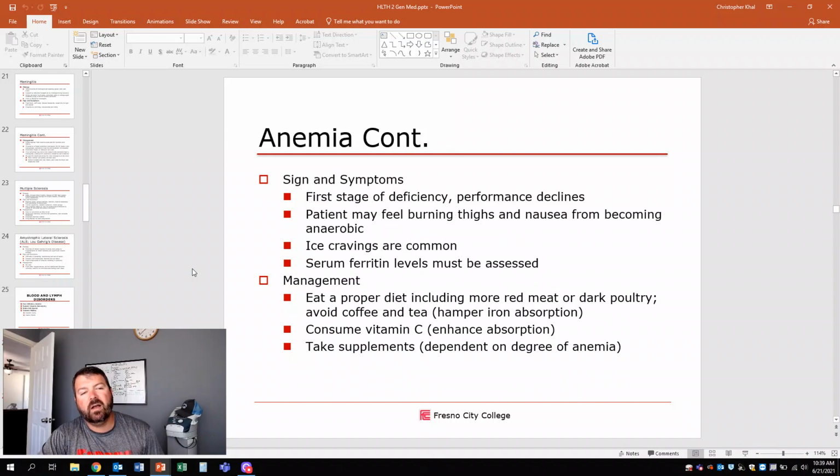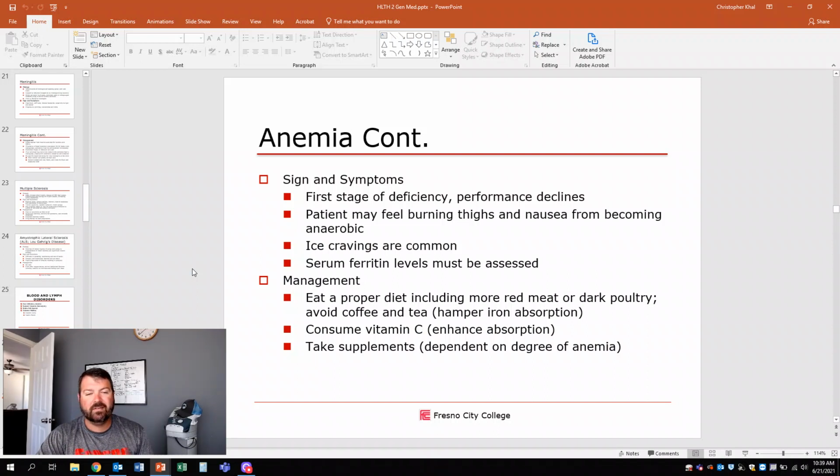Signs and symptoms. First stage of deficiency, performance declines. Patient may feel burning thighs, nausea, especially from anaerobic activity. Ice cravings are common. Ferritin levels must be assessed, really in extreme cases. Management: eat a proper diet, red meats, dark poultry, avoid coffee and tea because that can